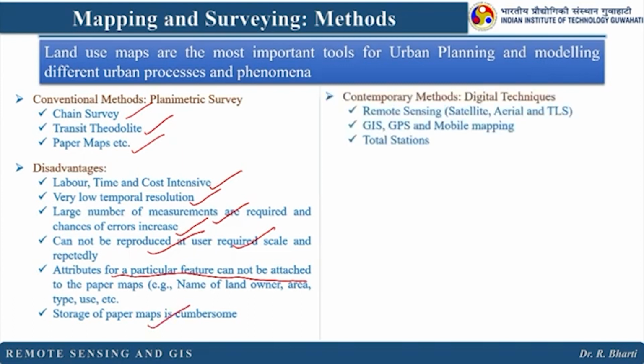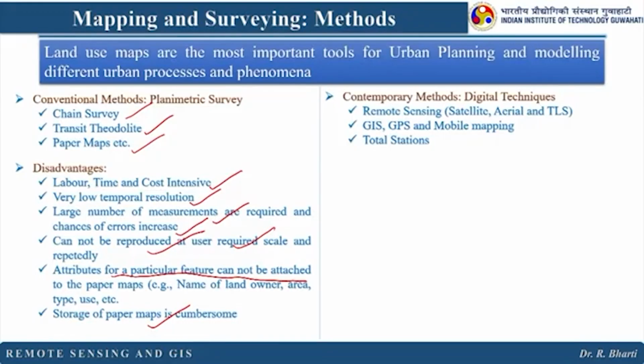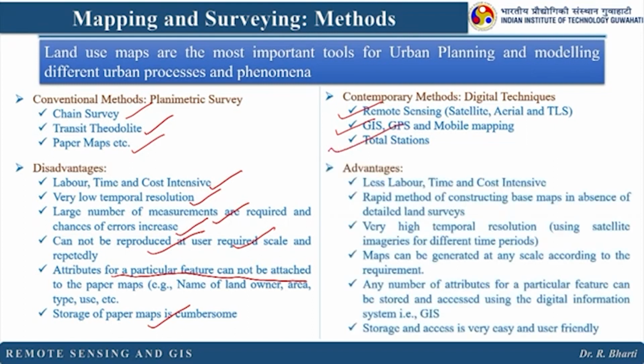Now, on the other hand, when we are talking about the contemporary methods, that means latest methods or advanced methods, recent methods, digital techniques. So first one is remote sensing, then GIS, GPS, mobile mapping, then total station, right? And here what are the advantages we have? We have less labor, time and cost intensive, right? Rapid method of constructing base map in absence of detailed land survey,